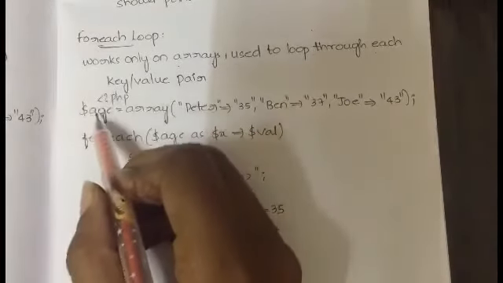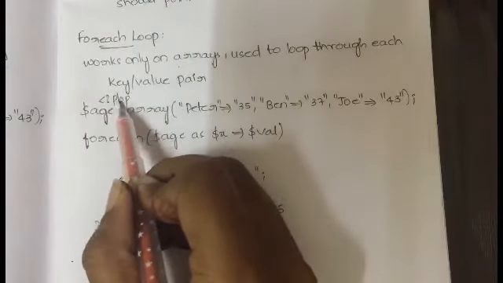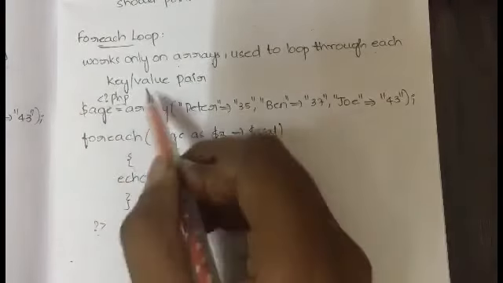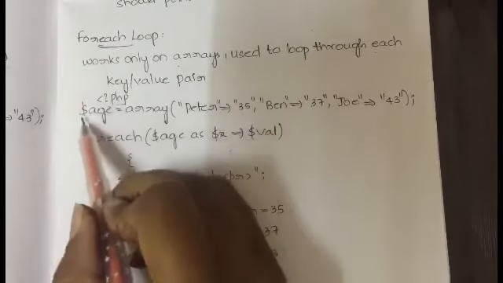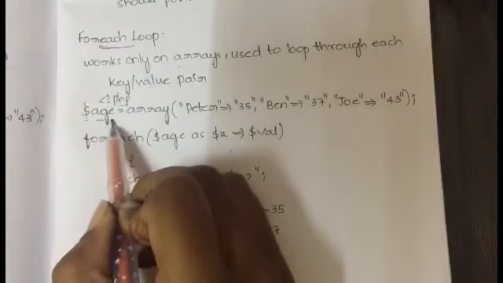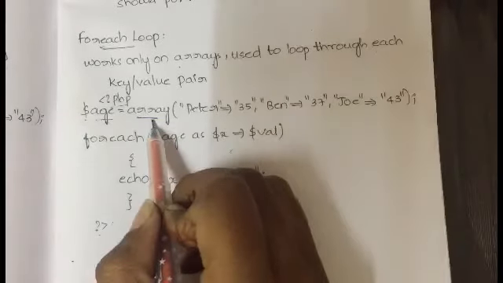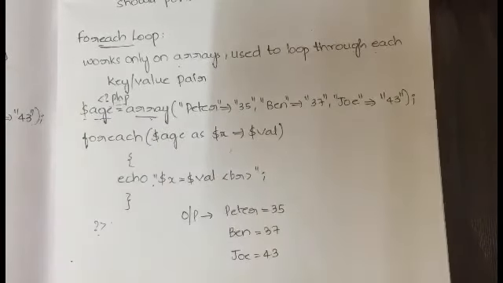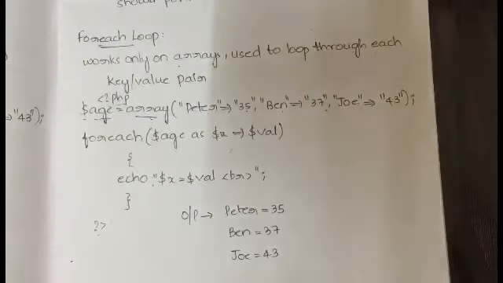Okay, for example, we will see a small code, and this is the standard form of PHP. You know this, right? This one and this one, the starting of the program and the ending of the program. This is the standard PHP code. And $age, dollar is the variable declaration, and age is the name of our array, and array is the keyword that we are using for creating an array. Next, Peter 35, Ben 37, Joe 43. We are storing the values in the form of key and value pairs.